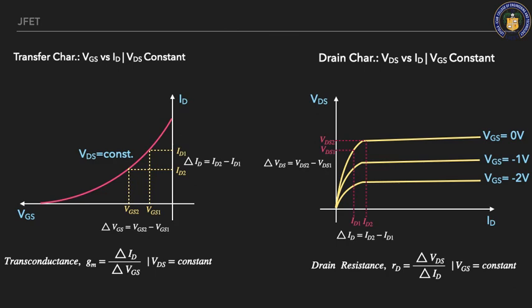And then one more parameter, which is the amplification factor. So mu is equal to transconductance into drain resistance. This is your amplification factor. Now, this point is called IDSS, the drain saturation current, and this point is called the pinch off voltage, VP. So these things must be there in the graph. Okay, students, do it, tabulate the readings, complete the graph. Thank you.